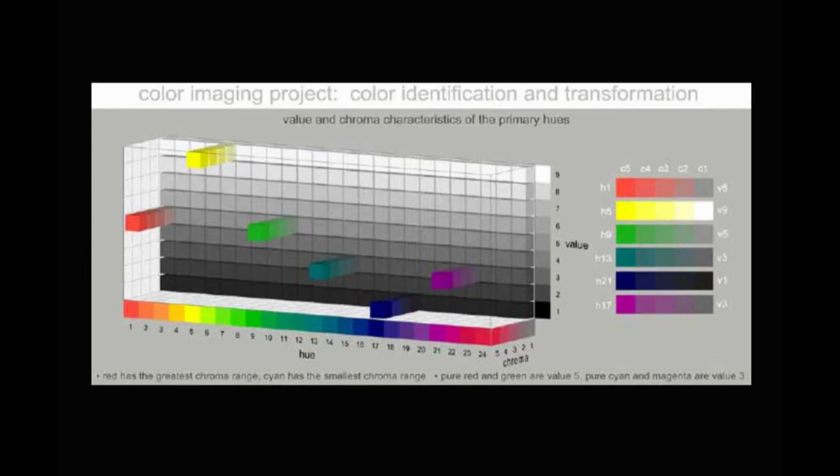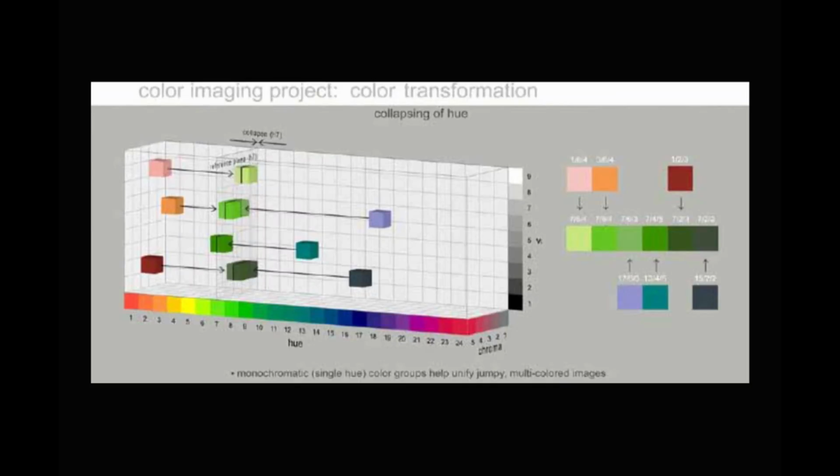For instance, if we had a composition that had 6 colors depicted above, scattered around the matrix as they are, we could take those same colors and unify a multicolored image into monochromatic compositions very easily by collapsing all of the colors to one single hue and still maintaining their relative position to the value and chroma. Over the course of the next couple of images, you will see what is possible using the hue chroma matrix